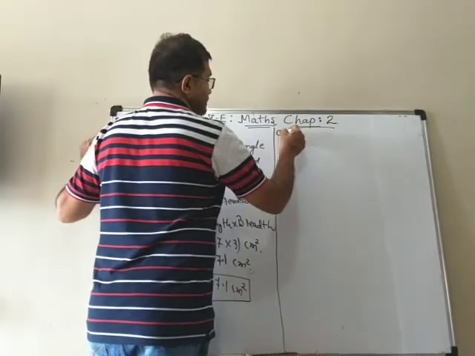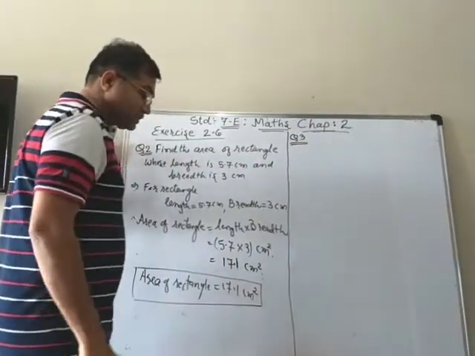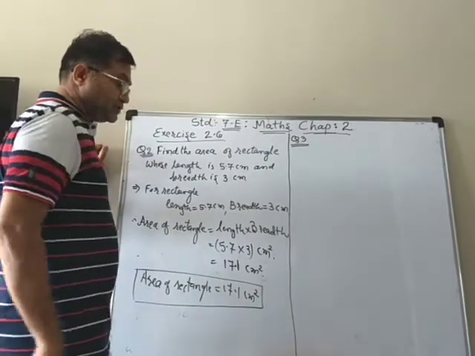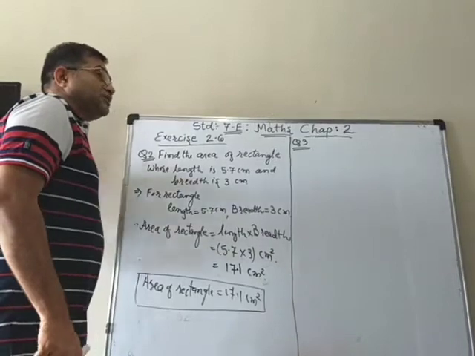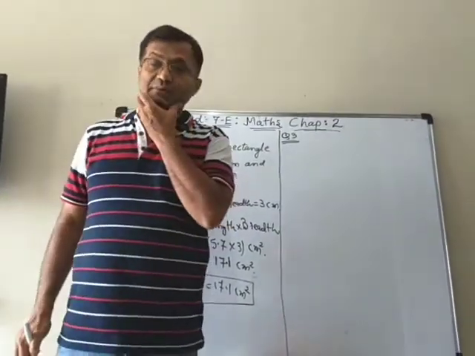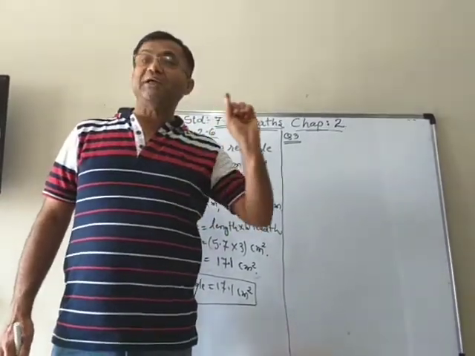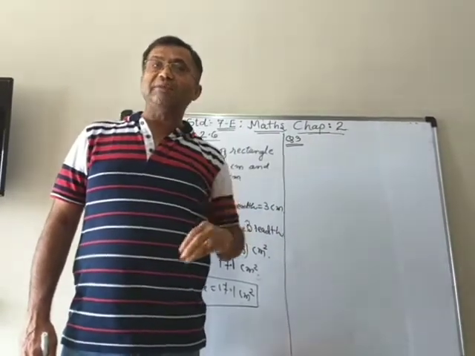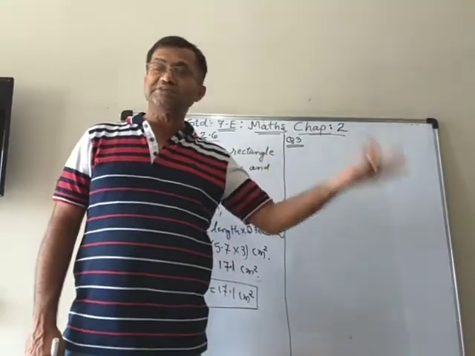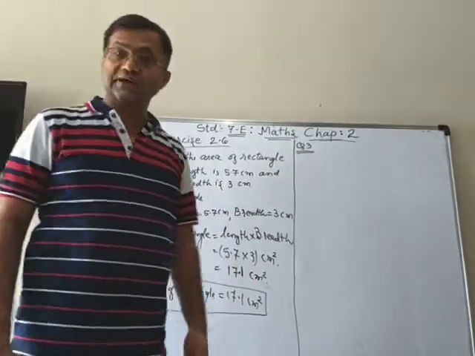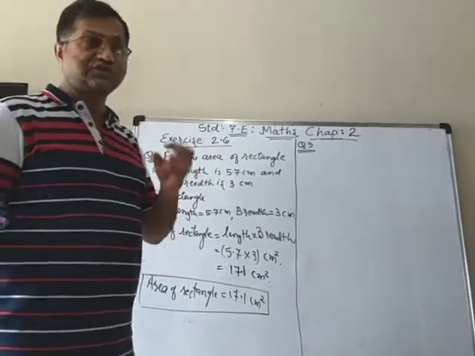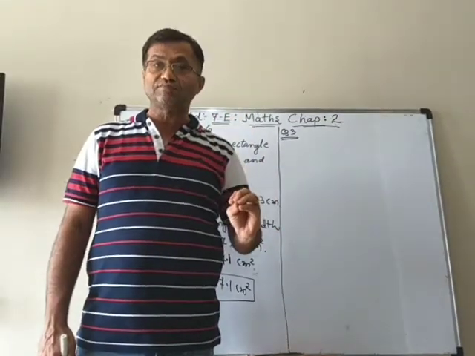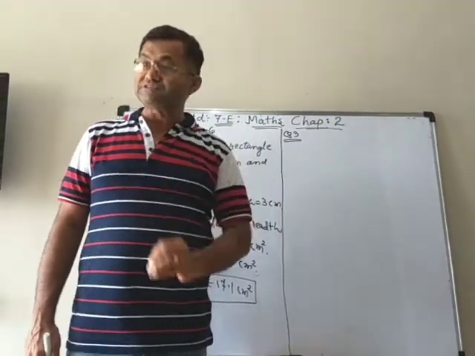Now question number 3, in which we have to multiply either with 10, 100, 1000. So it is easy, just we have to remember that when we multiply with 10, we have to move one place to the right side. And if we multiply with 100, 2 places on the right side. And with 1000, 3 places. So just we have to change the place of the decimal point. The number will be the same.